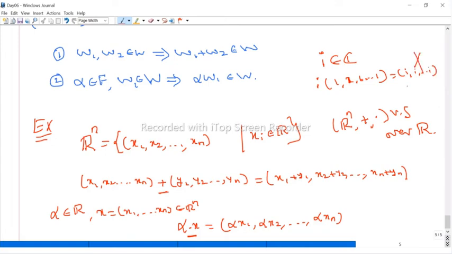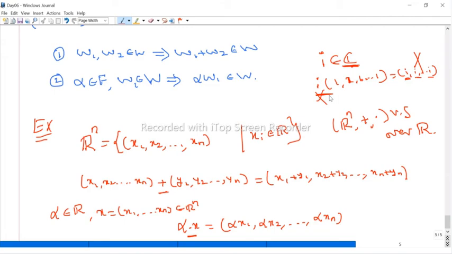But this is not an element of Rn, because each position is a complex number, therefore this is not a real number. If our field is the complex numbers, we cannot define the scalar multiplication. Therefore, it should be either R or smaller than R. We can take Q as a field, right? Therefore, we can view this Rn as a vector space over Q, as well as a vector space over R. But we cannot see this Rn as a vector space over C.